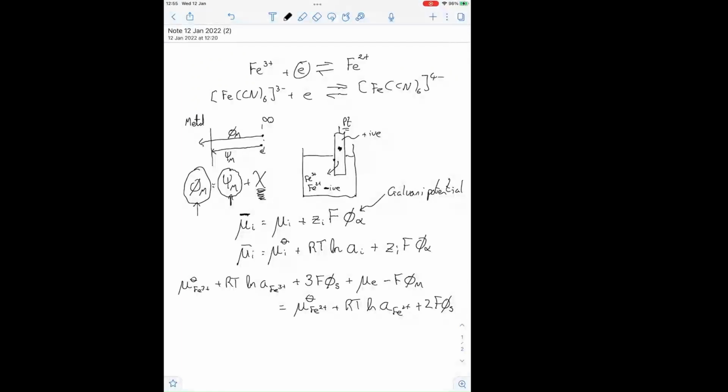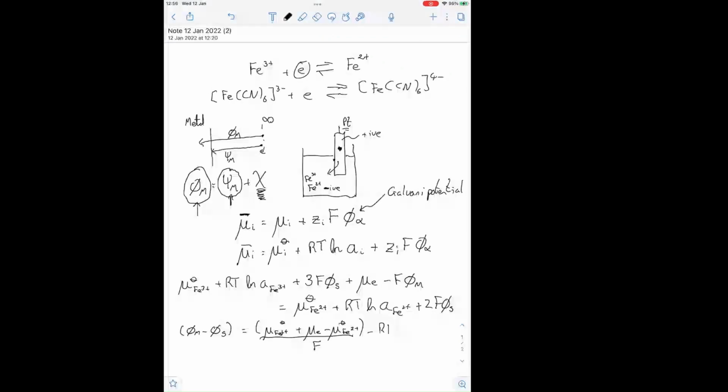So just collecting terms quickly here, I can write that the Galvani potential of the metal minus the Galvani potential of the solution equals, collecting the standard terms, mu standard of Fe3+ plus chemical potential of the electron minus chemical potential of Fe2+ standard, over F